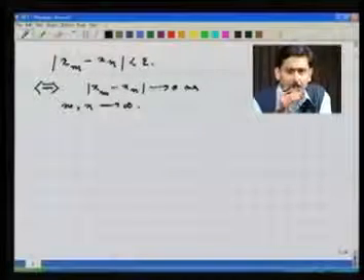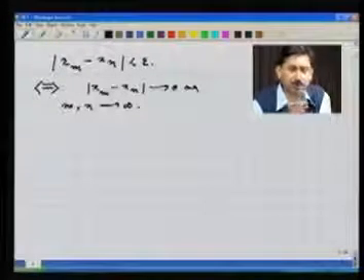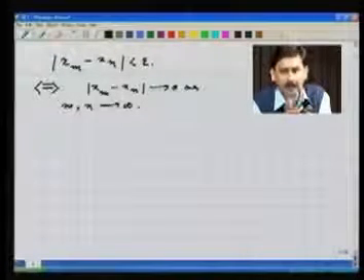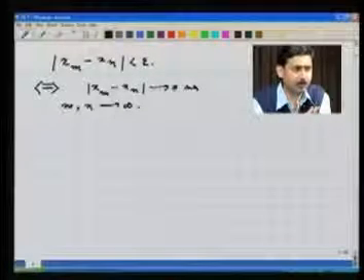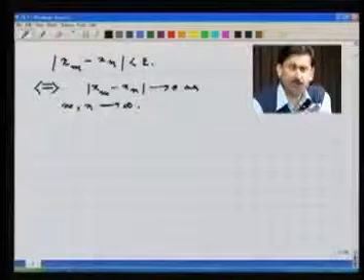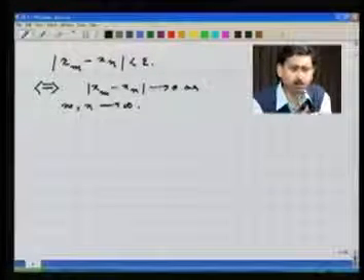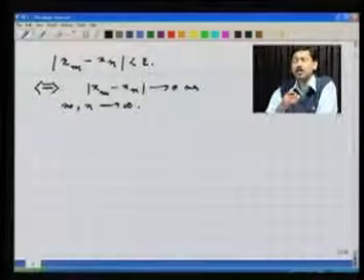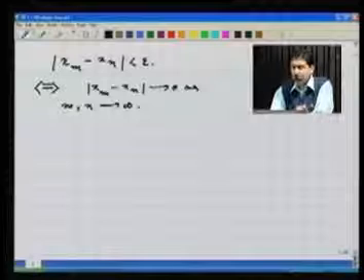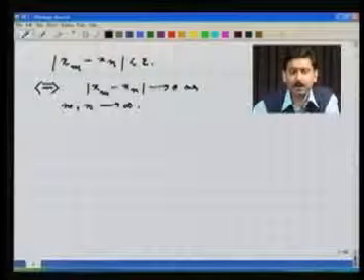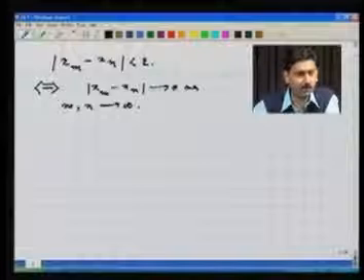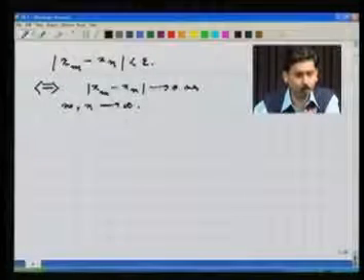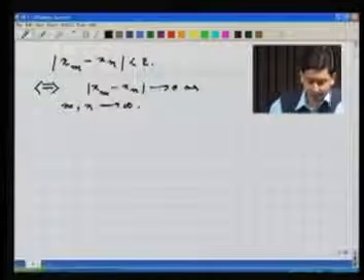Given any arbitrary epsilon, that is the first vagueness, because epsilon can vary, I have to find a stage which depends on epsilon, such that after that the difference between any two terms is less than epsilon. If you want to do it just by hand, it will turn out to be extremely complicated. So we want to develop a mechanism which will enable us to see that certain sequences are Cauchy. Of course, this mechanism will not apply to all Cauchy sequences, but it will show that a large number of sequences are Cauchy. So to start, first let's make an observation.